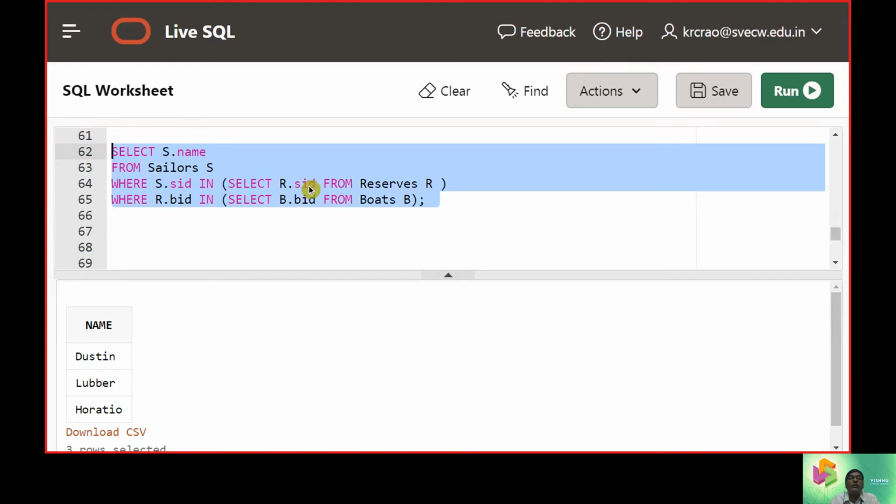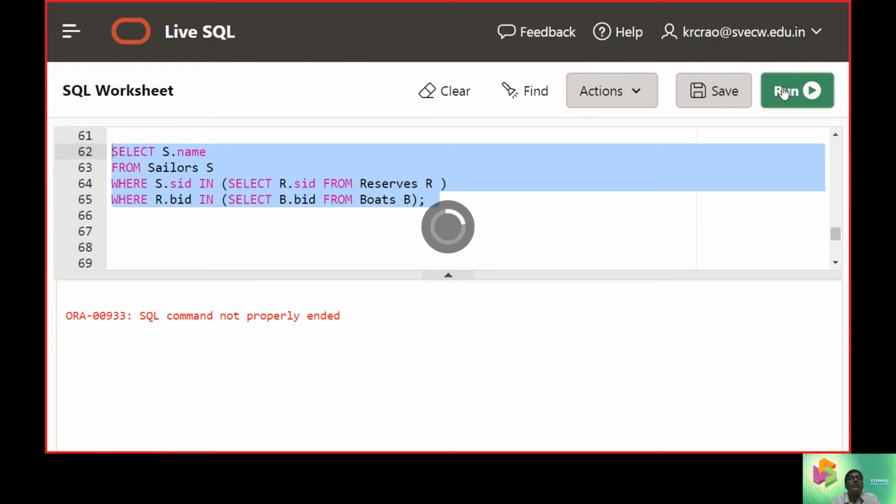Nested query 1 selects r.sid from reserves. Nested query 2 selects r.bid from boats. IN is going to be a set operator. So these are subquery 1 and subquery 2. They result in the main query with the two where clauses and one from clause of the select command.